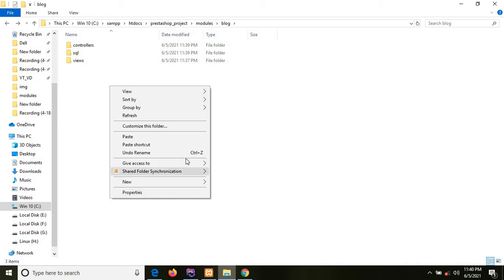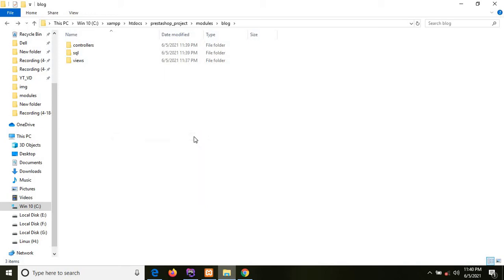So here I am pasting that logo file, and we just need to rename that logo file, that is logo, because PrestaShop or the module will automatically fetch that logo file if we give the name as logo. So we need to rename it as logo.